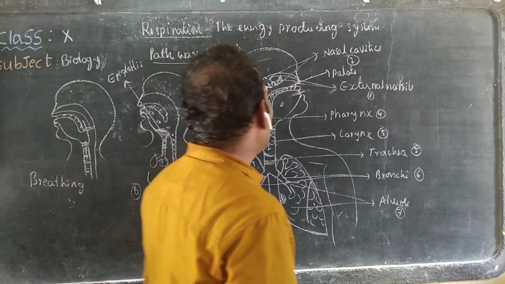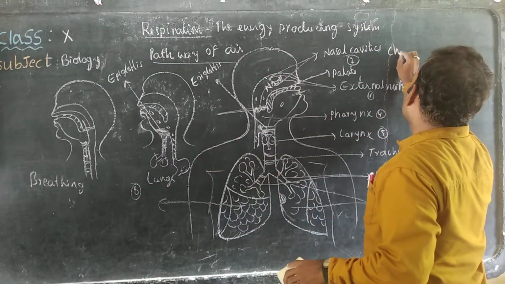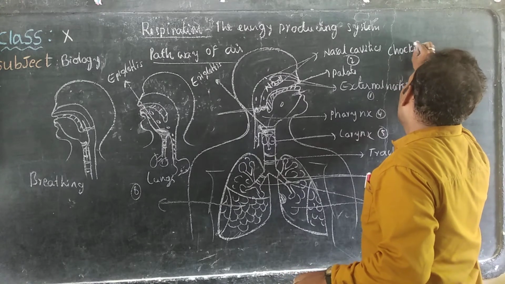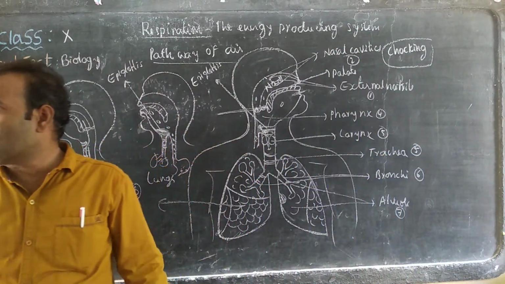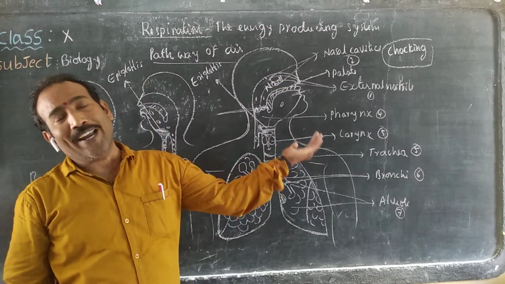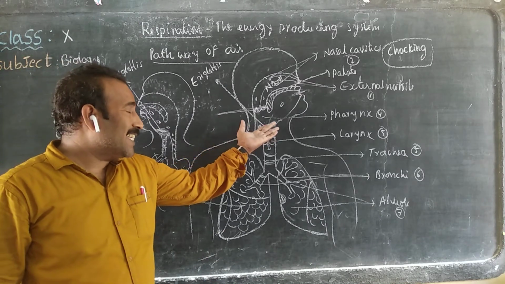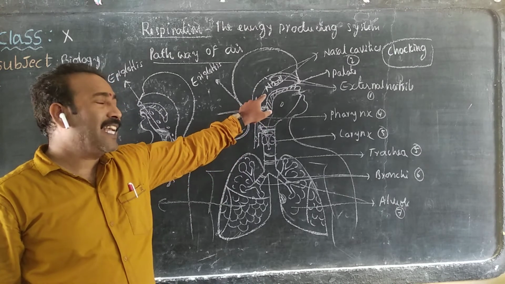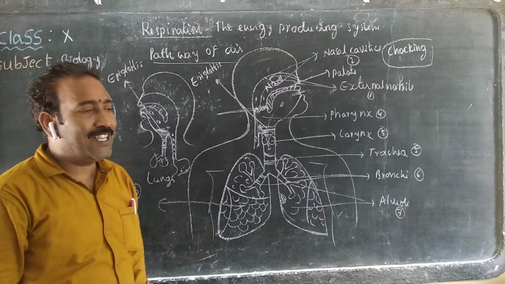That is called choking. Yes. What we call that is choking. Why do we get this condition of choking if we talk with others while swallowing the food? At that time, this epiglottis stops the food grains and they go into the nasal cavities. Then we get the higher irritation. That condition is called choking.